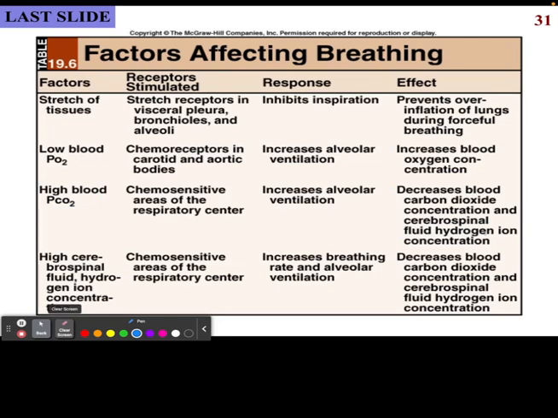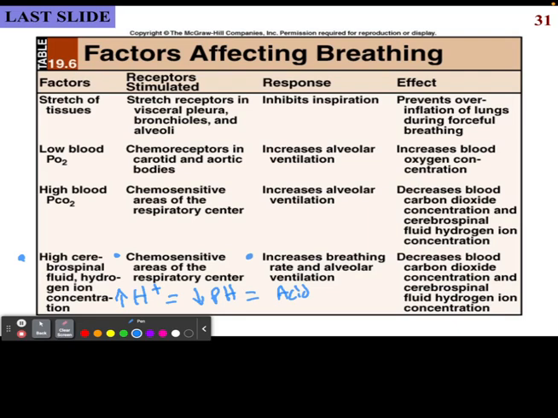And then down here, very similar, cerebrospinal fluid. We have chemosensitive areas of the brain who can recognize the different concentrations of ions. Again, the acidity, if it's high ions of high hydrogen ions, we have a lot of hydrogen ions, that equals low pH, which means acid. And then same idea. Parts of the brain will be able to recognize that through those chemoreceptors and then increase breathing and therefore decrease CO2.